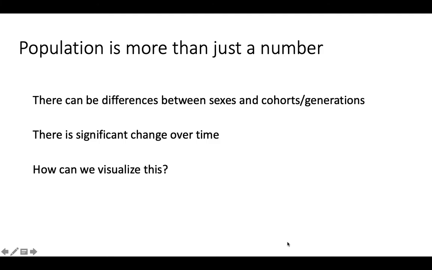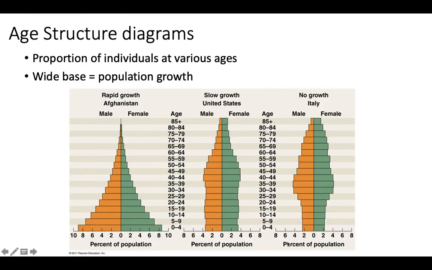So the question becomes, well, how can we visualize this? Thankfully, there's an answer. I wouldn't have brought it up if there wasn't an answer. And the answer is something called an age structure diagram or a population pyramid. Ooh, fancy. The age structure diagrams show the proportion of individuals at various ages within the population, various generations. You could look at it. I guess they're a bit smaller generations, but let's take a look at this population, this pyramid on the left